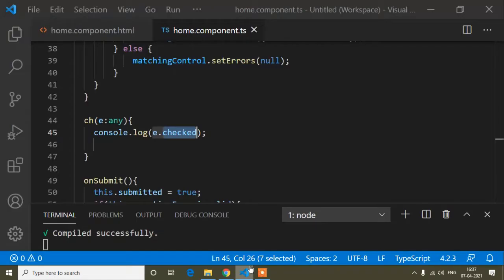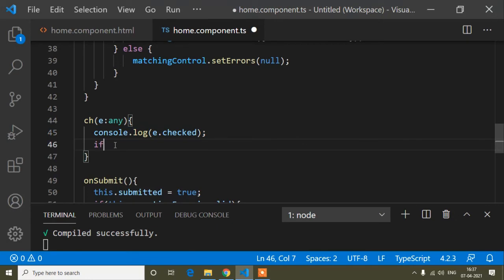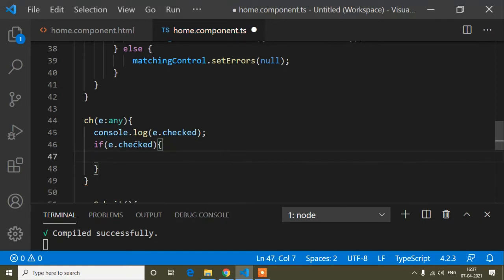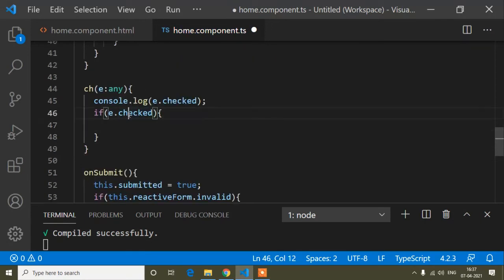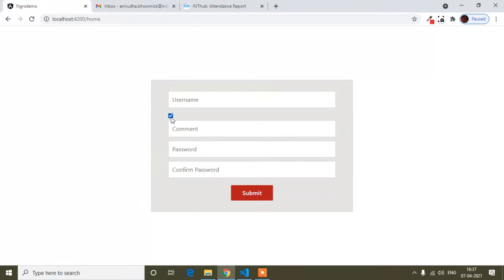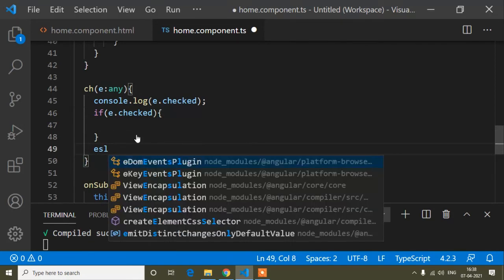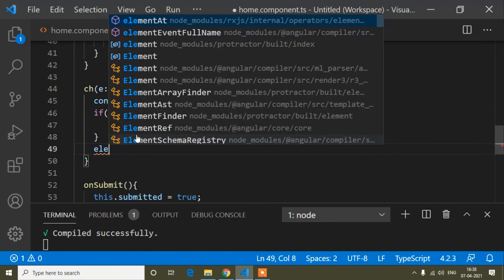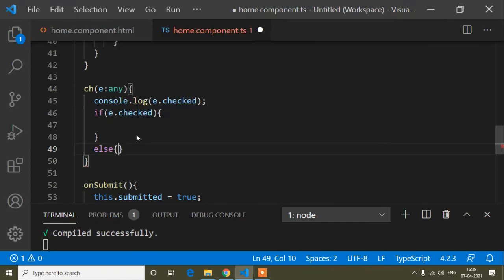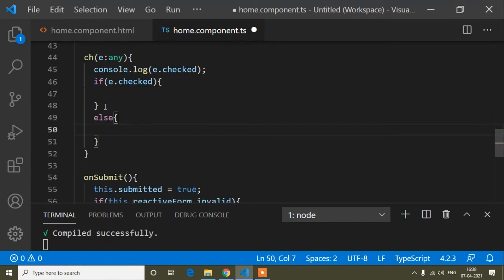And now guys, here I will write if e.checked, that means when our checkbox is checked, the comment field will be required. And another is the else part, when it's unchecked.